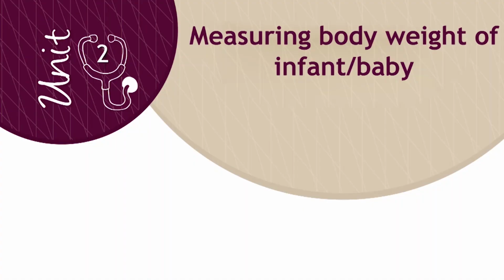To measure accurate height of adult persons or patients, ensure that persons stand straight with minimum clothing and bare foot against a wall fitted with heightometer or stadiometer. Head should be straight. Note the topmost point of the vertex with the help of spatula or plastic ruler or stadiometer's spatula. Measuring body weight of infant or baby. Infant or baby's body weight can be measured on electronic weighing scale or by Salter spring machine in field.